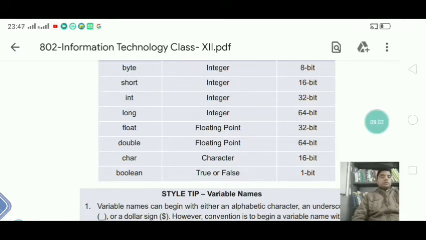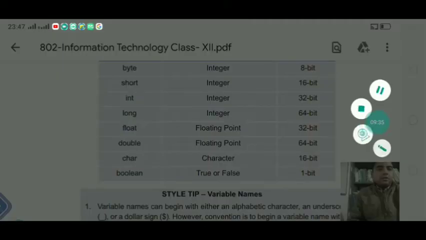And the type of values they can hold: your byte data type holds integer type values, and for that it needs 1 byte. The minimum value it can store is -128, and the maximum value that can be stored by byte data type is 127.